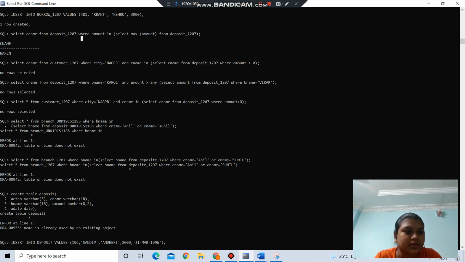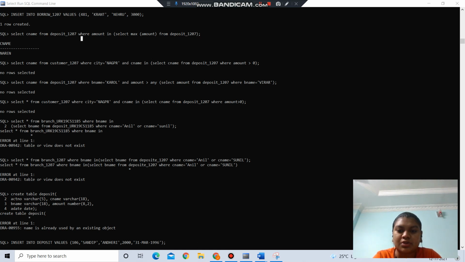So here I have given a command: select from customer_1207 where city equal to Nagpur and CNAME in (select CNAME from deposit_1207 where amount is greater than 0). Then it has printed no rows. The name should be Mehul. So now we'll move to the fourth question.